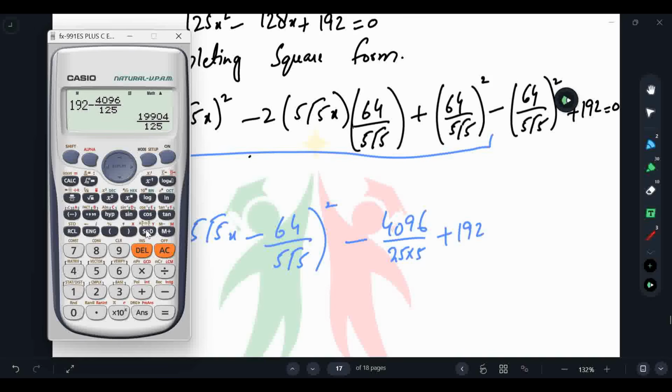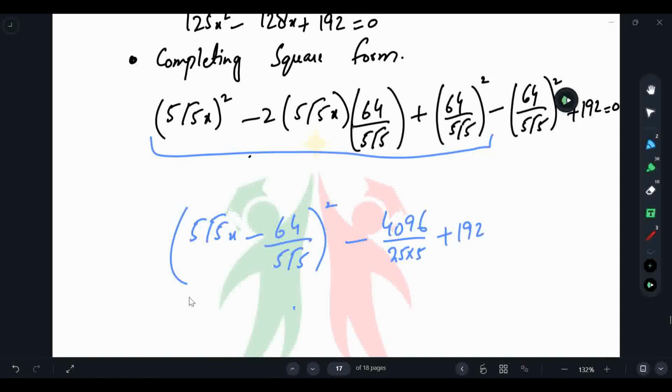So this will be a positive answer, 159.232. So square root of 5x minus 64 by 5 square root of 5 whole square plus